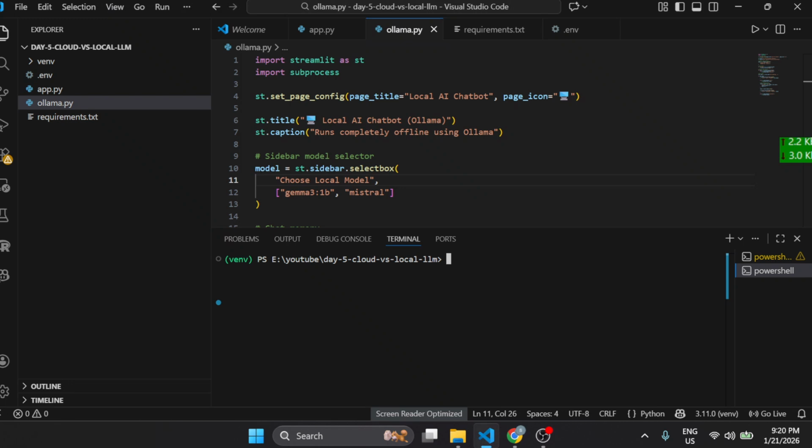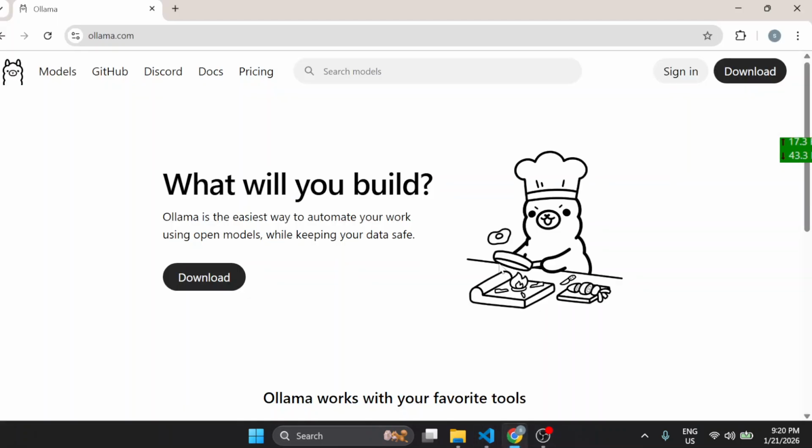So today we are going to build a local AI chatbot using Streamlit and Ollama. But before starting coding, let's understand what Ollama actually is. So this is Ollama.com. It is a website and a tool that allows you to run large language models locally on